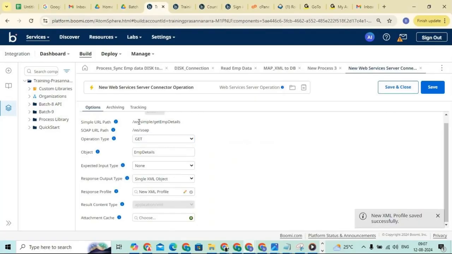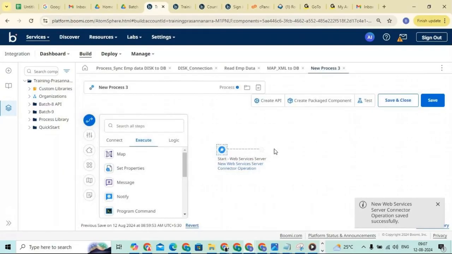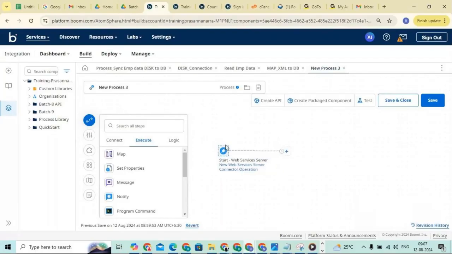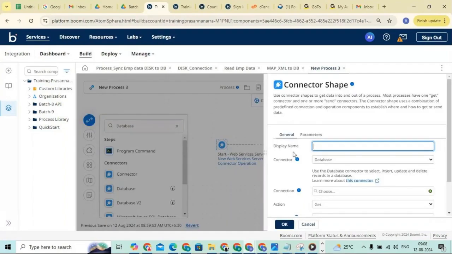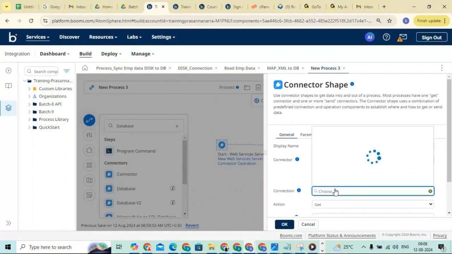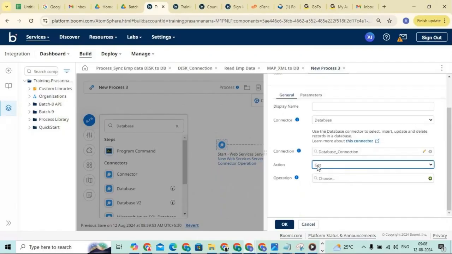This is a resource URL. We are passing, and we are getting some response. So now we are getting data, right? Now we need to get the data response from the database. Yes or no? Database. So before that, let me take a database connector. Now I will create a connection here. Already a database connection is there, and we are getting the data from the database, right? Let me create